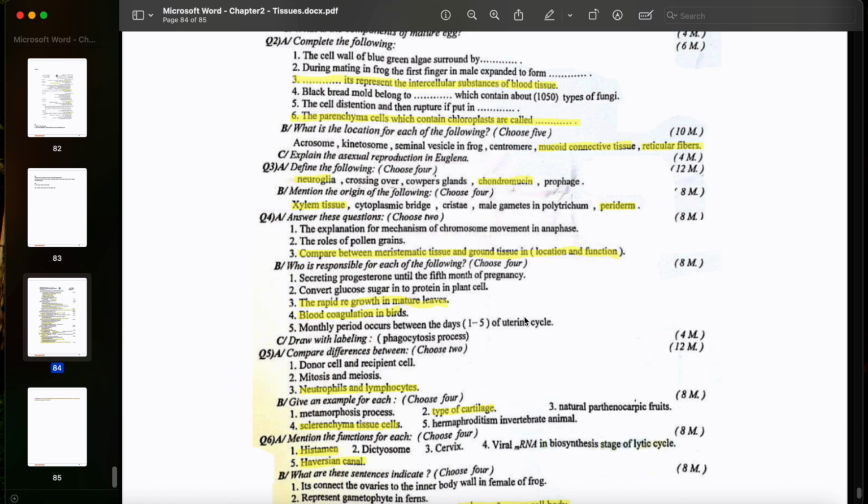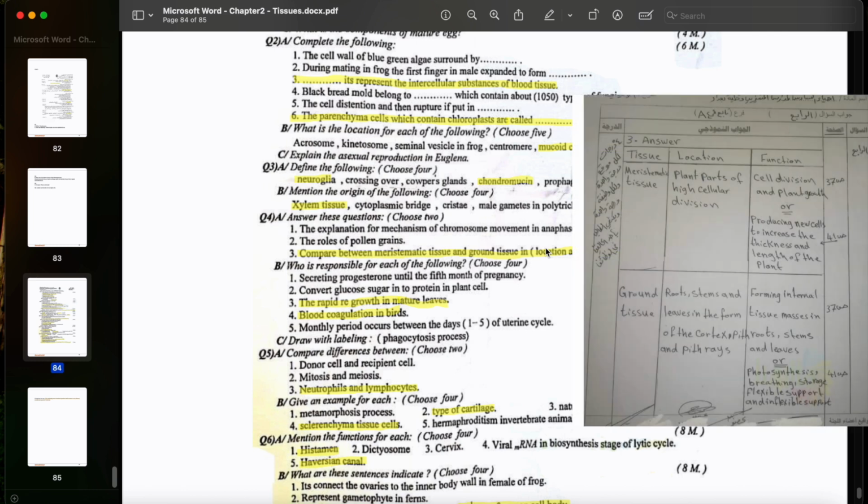Also in question 4, they're telling you to answer these questions and compare between the meristematic tissue and the ground tissue regarding the location and function. Now, the location of the meristematic tissue, we said, is the plant part of high cellular division. We said also the meristematic tissue is responsible for plant growth. That's why we find it in the plant parts with high cellular division, because the main function is the plant